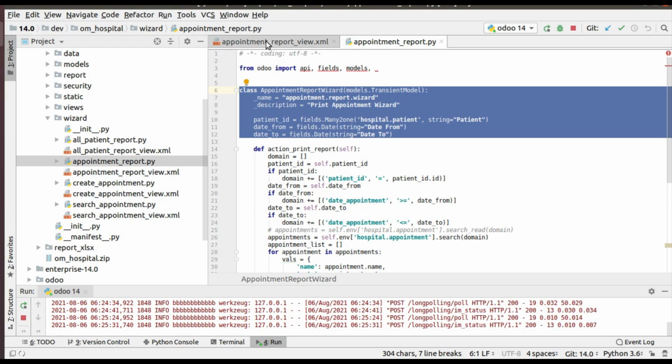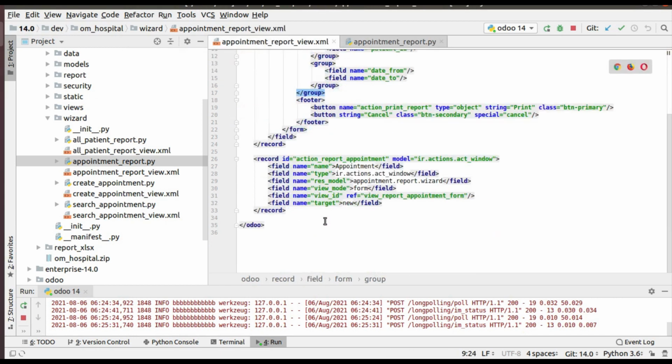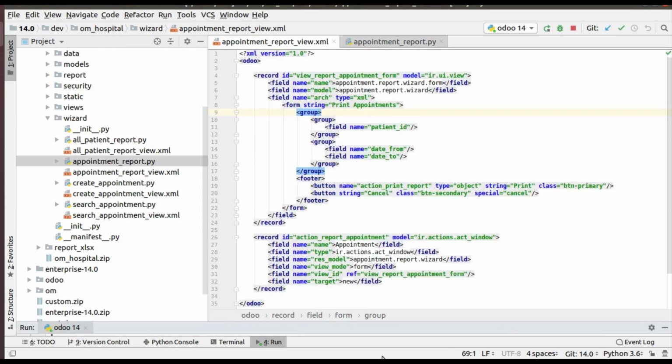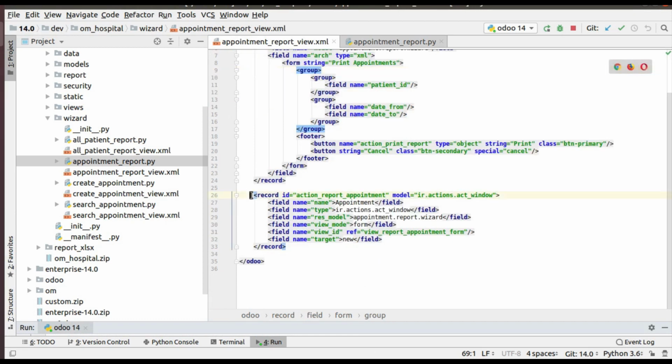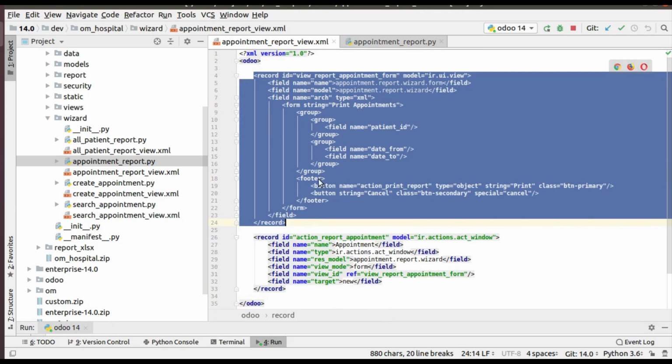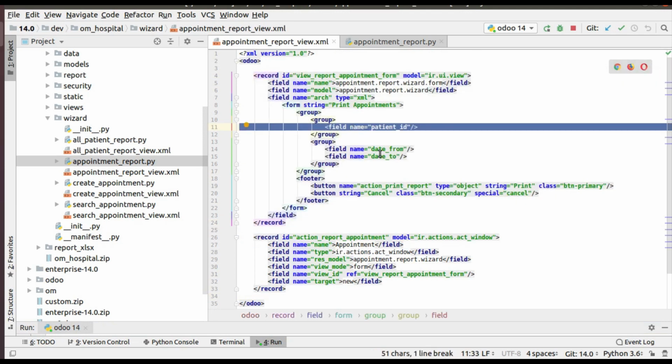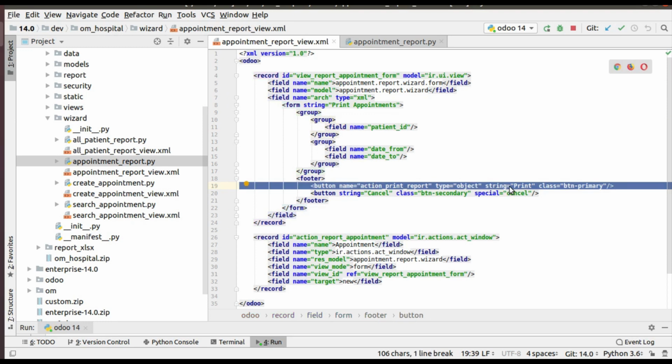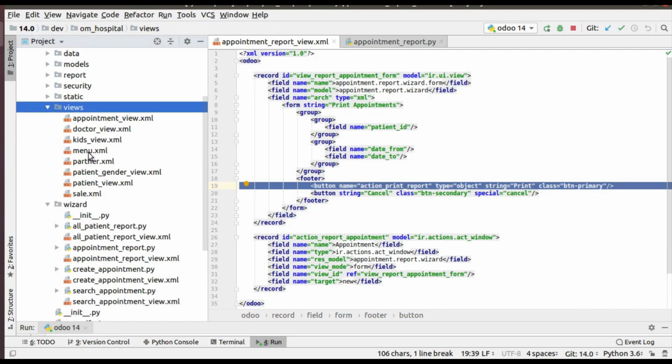If you come to the XML file, here you can see the corresponding XML file of the wizard. I have created an action and a form view containing the patient ID field, date from and date to, and here I have the action print report which prints the PDF. So these are the things that we already have, and of course in the menu.xml file we have a menu for this.